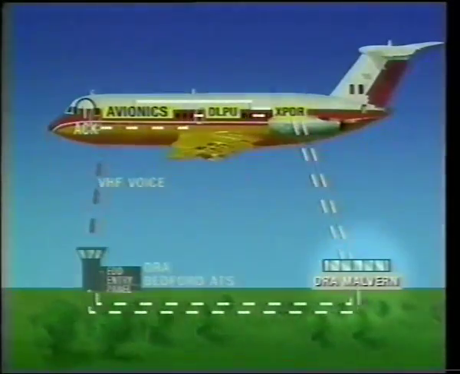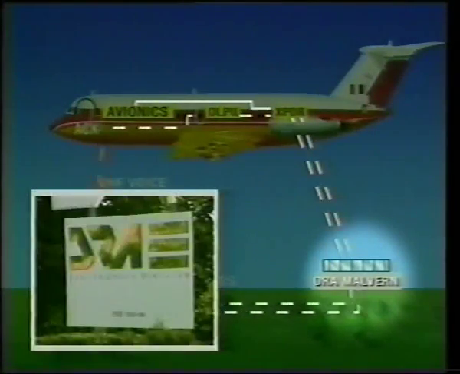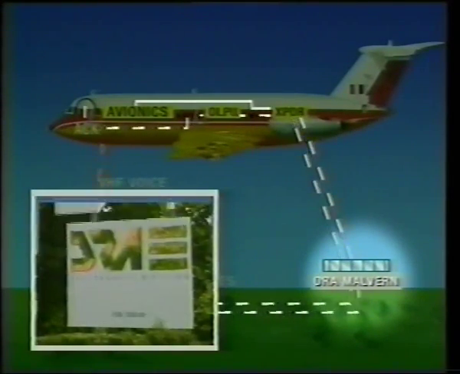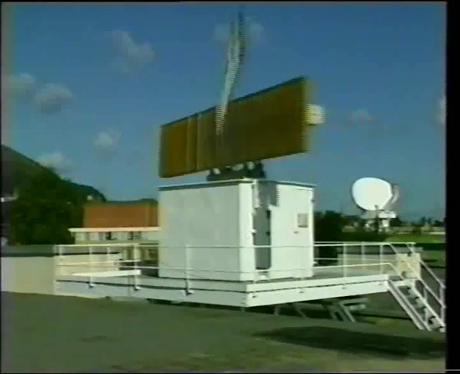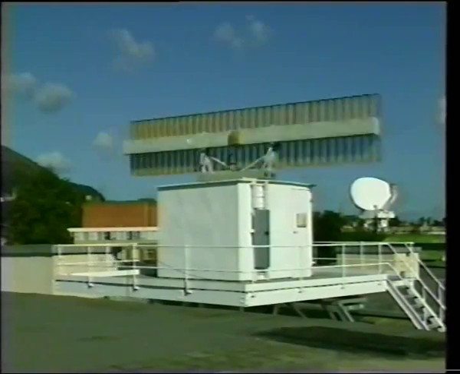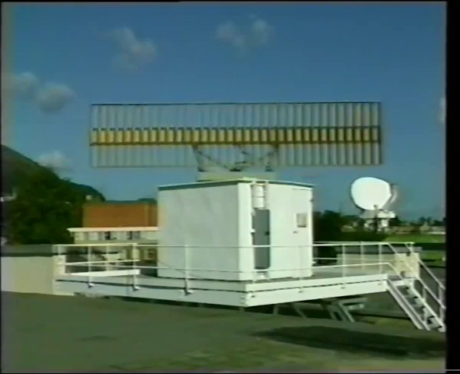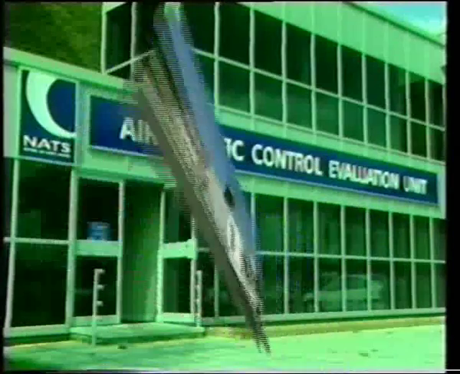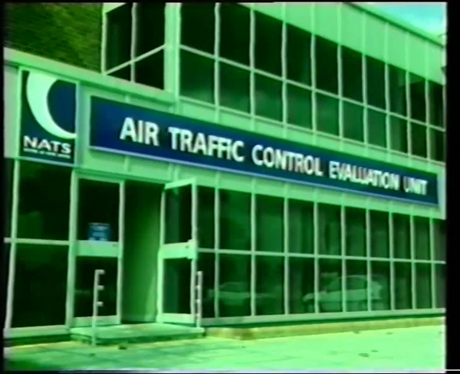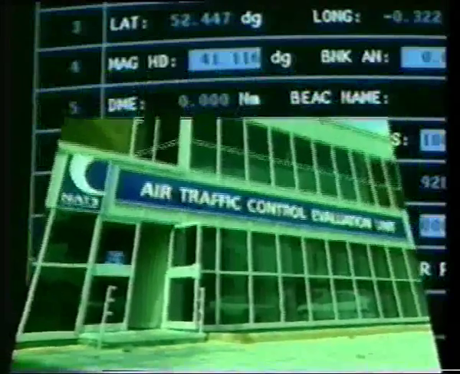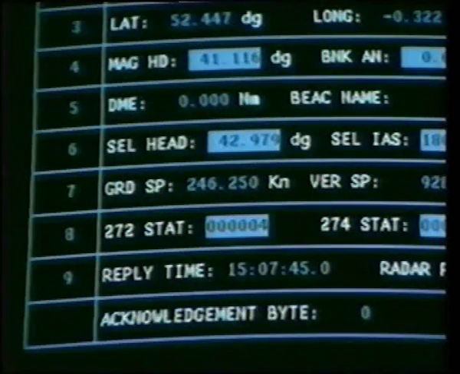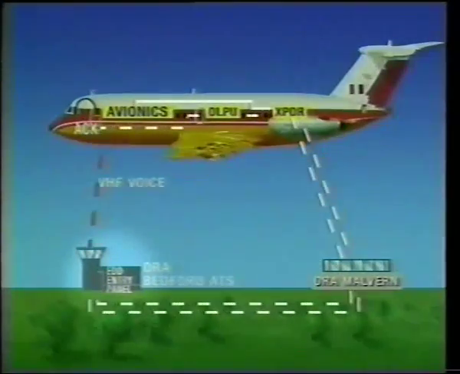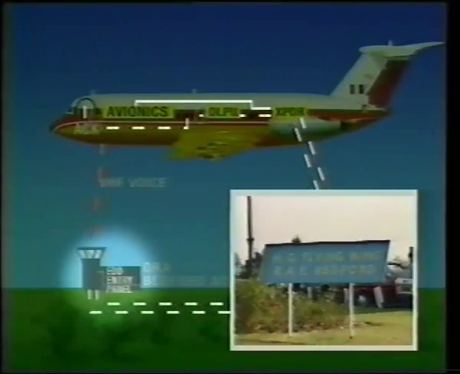Before exploring the practical aspects of the demonstrations, let's first examine the individual elements involved more closely. The Mode S ground station at Malvern simultaneously provides surveillance and data link communication with the transponder on board the BAC-111. Ground lines connect the Mode S station with the DALAP, the data link applications processor at the ATC evaluation unit at Herne on the south coast of England. All the ATC communications, including accessed VOLMET information, pass through the ACE processor at Malvern and onto the ATC system at Bedford.